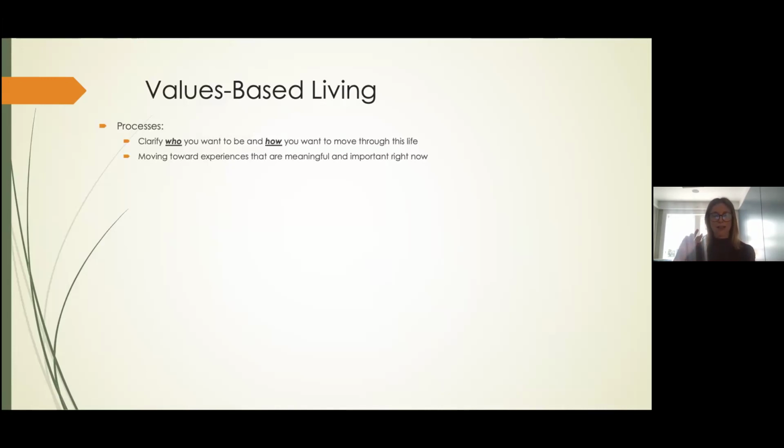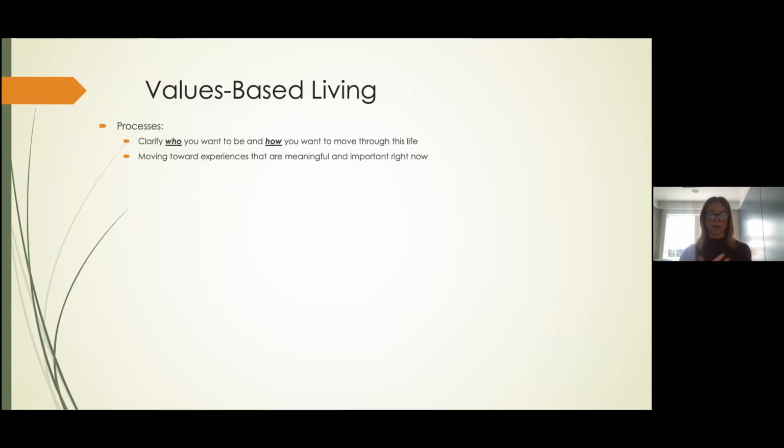That how and that who are really interesting ways of thinking about ourselves and our place in the world. And it can be really important if we're looking for some sort of guidance or roadmap for how to navigate different situations. So the process of values is helping someone clarify who do they want to be, what do they want to embody, and how do they want to move through challenges, successes, relationships. What are the values or experiences or characteristics that they want to embody as they're doing that? And that can be a really important anchor for someone.